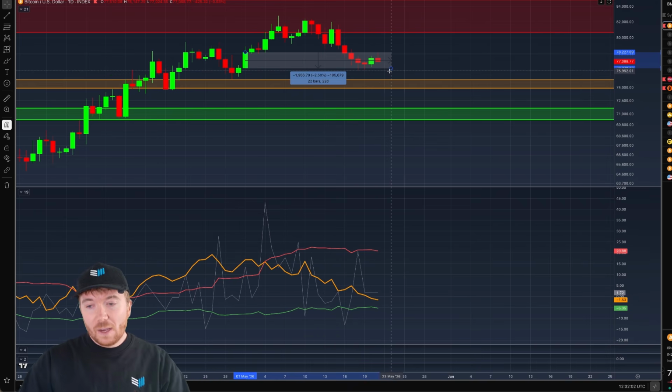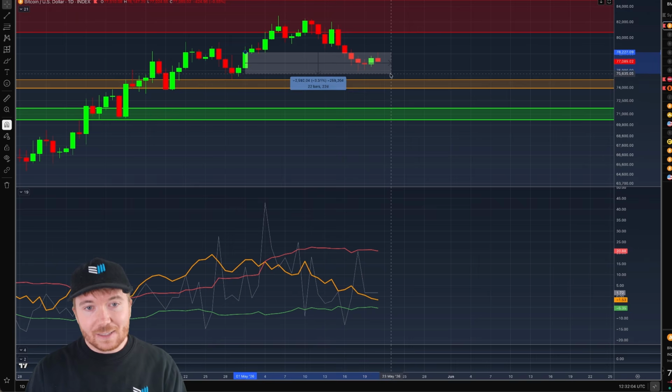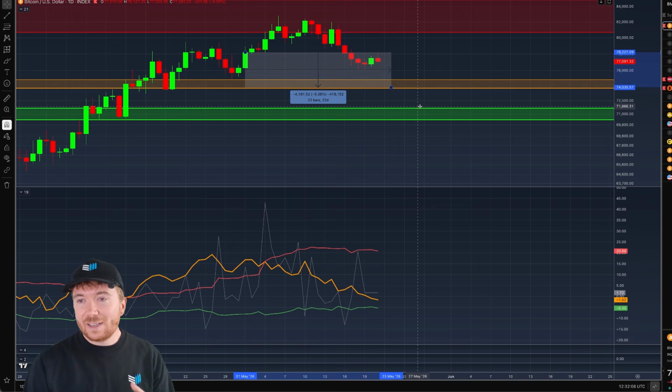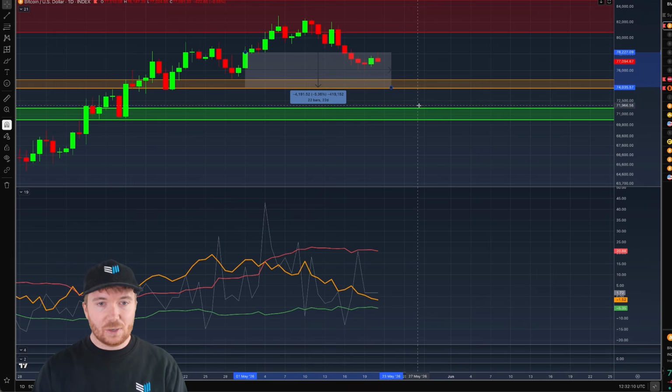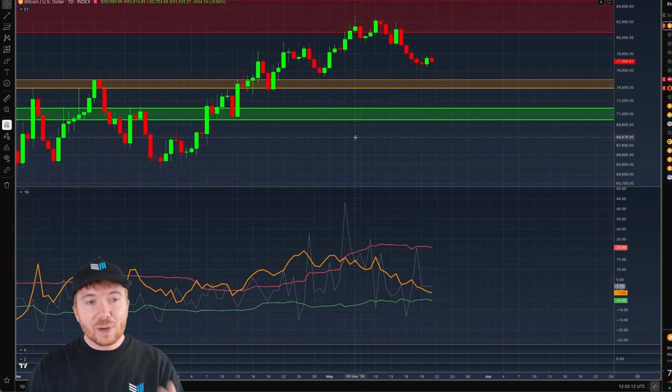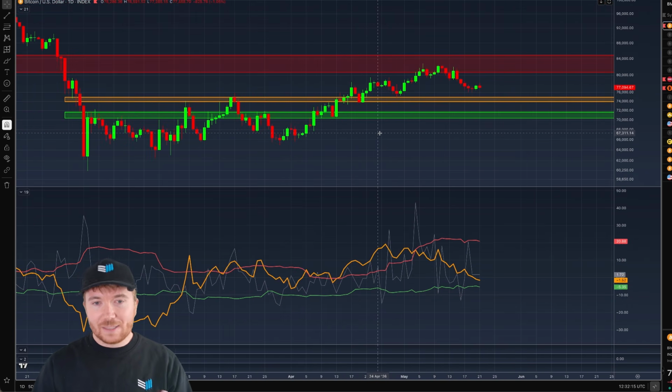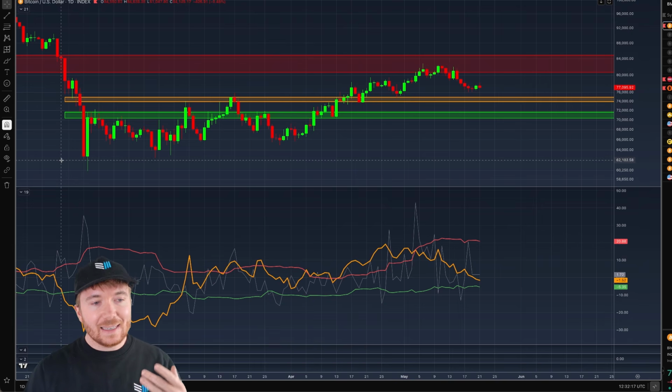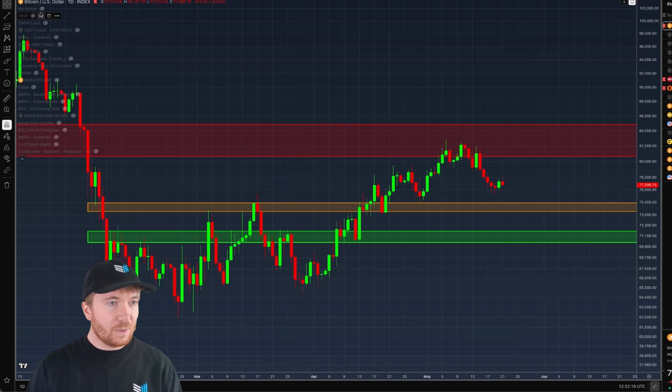So price would need to go 5.35% to the downside to cross beneath this, and that would put us right about in this orange range at about $74,000. Now, this orange and green range are levels that I've identified as where I'd imagine there'd be fairly notable support for the Bitcoin price action.